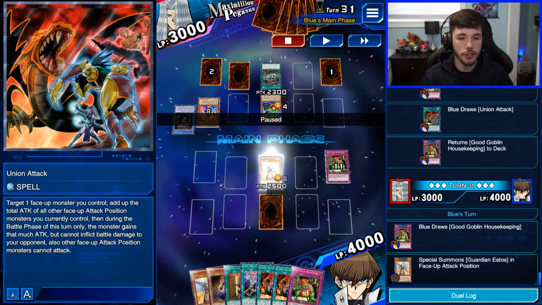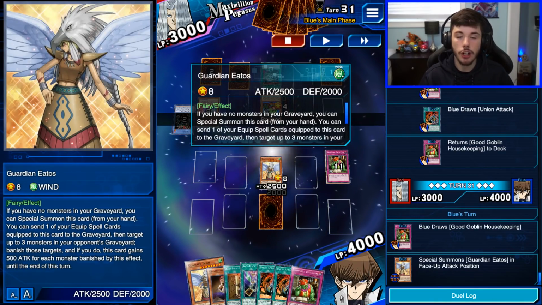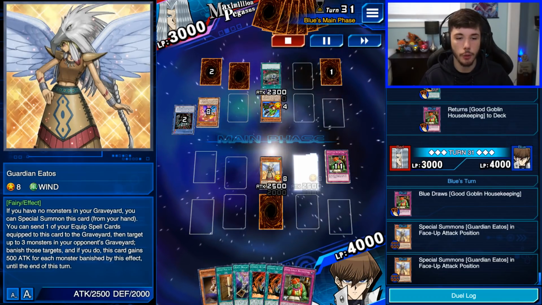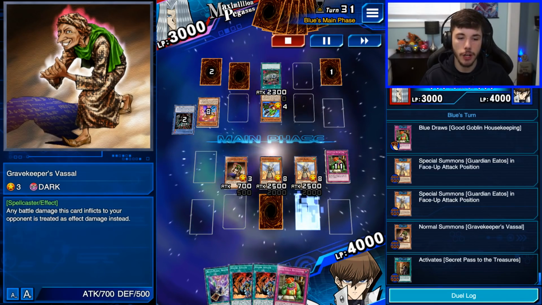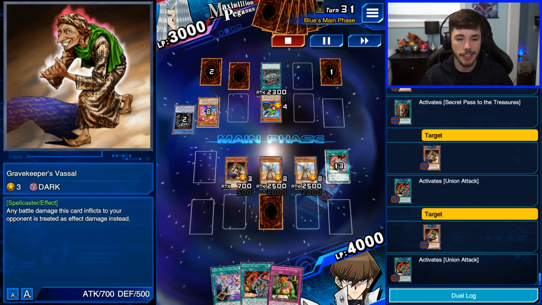on the final turn, what you're going to do is special summon your 2 Guardian Eatos, because with this card, you can special summon it if you have no monsters in your graveyard. So we summon these 2 cards in order to get 500 attack on the board. We normal summon our Gravekeeper's Vassal, follow up with the Secret Pass of the Treasures, use 2 Union attacks to get some of that prismatic bonus,